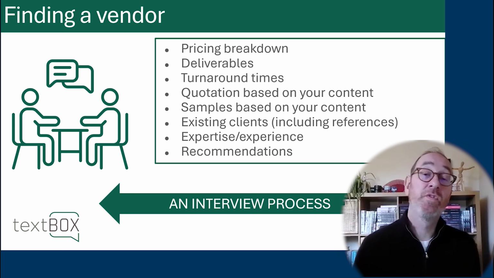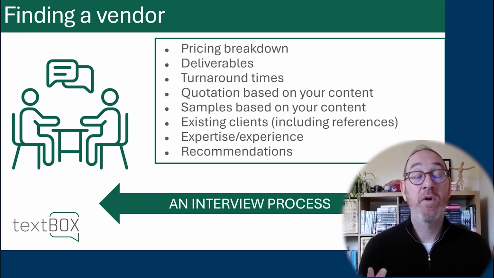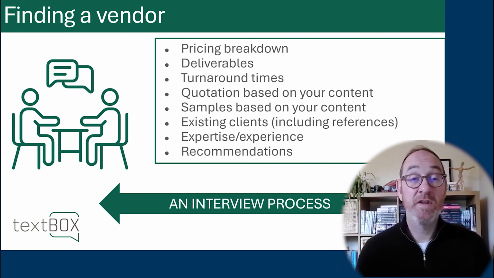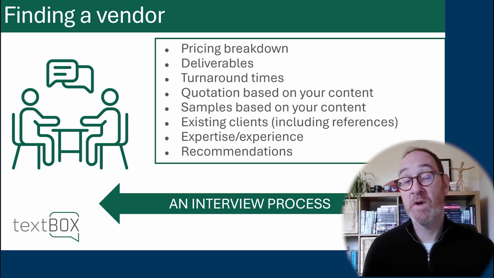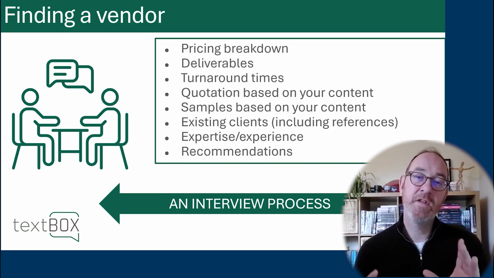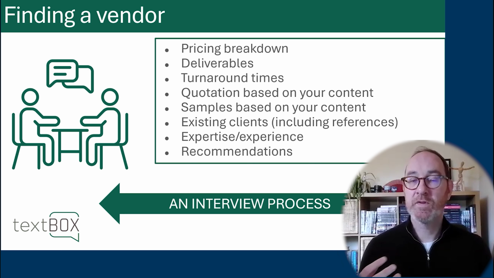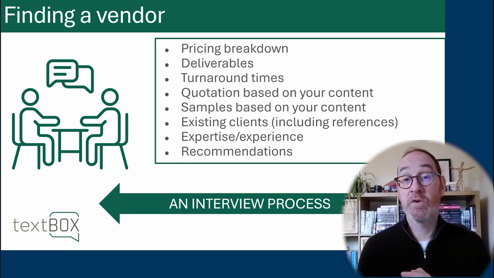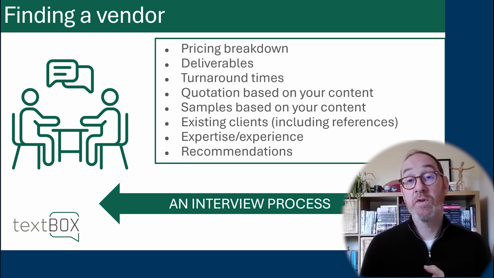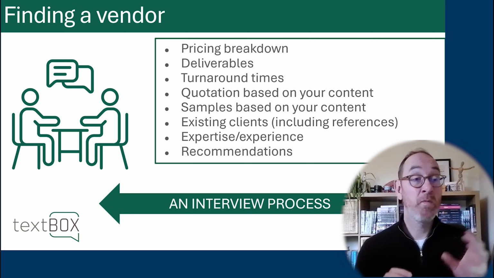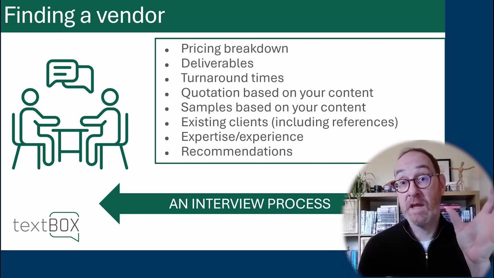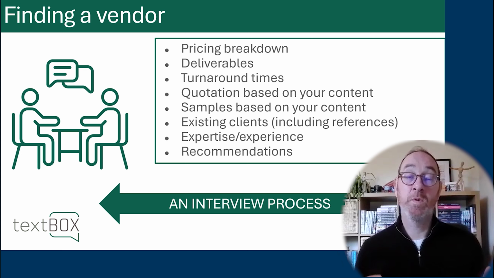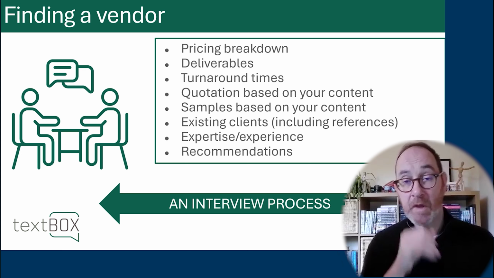Also think about deliverables. Deliverables are things like how do you actually receive that alt text and long description? There are various approaches with all the publishers and organizations I work with. There tend to be small tweaks and differences between each one. Can that alt text provider align themselves with the deliverables you want? You may want it in Word format, for instance. You may want it in Excel format. You may request thumbnails of the images to be included in that Excel. Now, work out what you require from your deliverables and then explain that to your vendor.